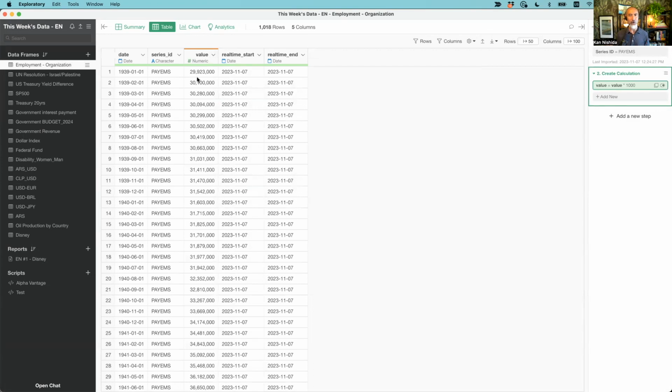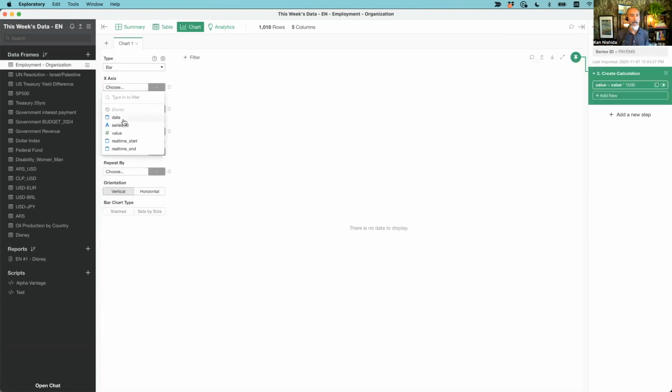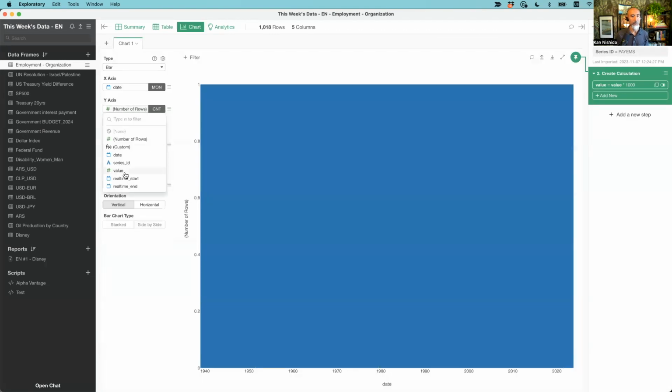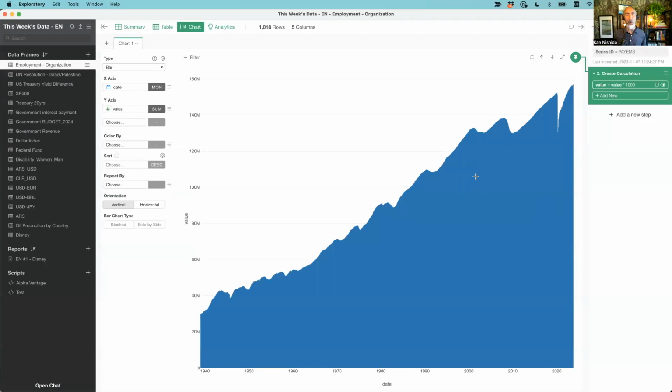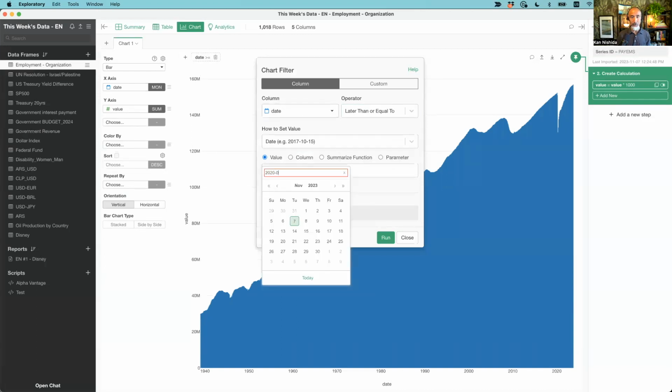Okay, and then once we get this, first I'm going to create a chart. It's very similar to the chart that we saw on the CNBC website, which is a bar chart. Assign the date column, this is monthly data, and then the y-axis is the value. There are tons of bars, so it looks like an area chart. I want to limit this data to focus on more recent data, from the year of COVID, 2020, so let's look at the last three years. I'm going to use a filter, later than or equal to 2020-01-01.